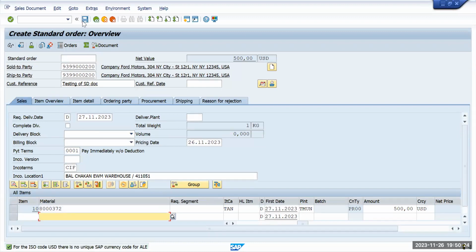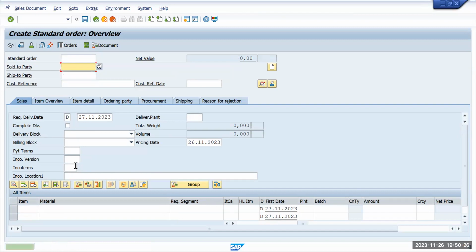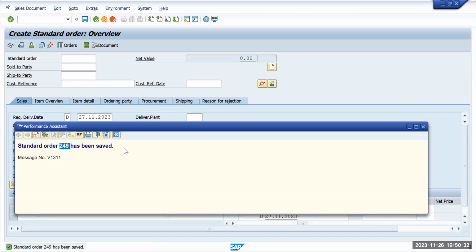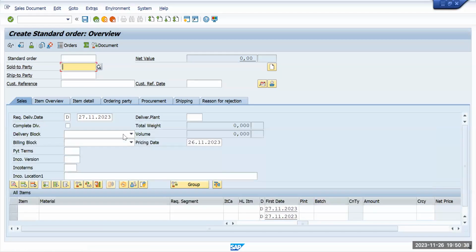Okay, let me save as we don't have any more information. So 249 order has been created. This is the order that has been created. Now let's use this order and we'll move further for our configuration, meaning our settings. So after this one,